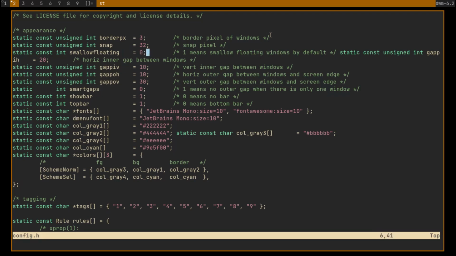So this indicates whether you want to even remove the floating windows. So I'll show you. Okay, so I'll just format this. Gap IH inside horizontal gaps, IV inside vertical, outer horizontal, outer vertical. So this will set the gaps, as you can see here.